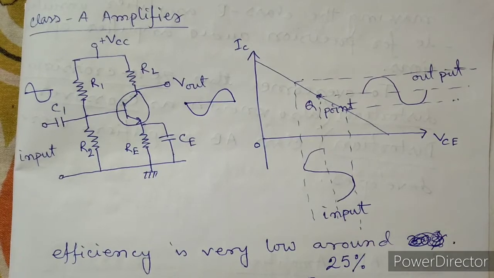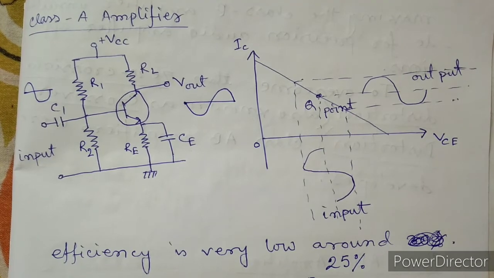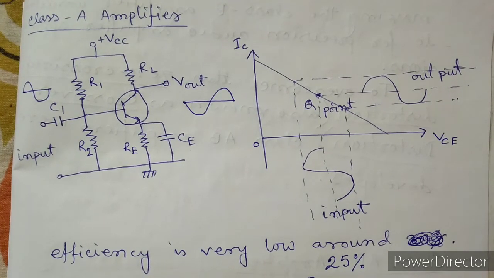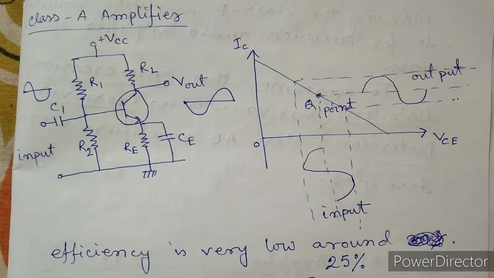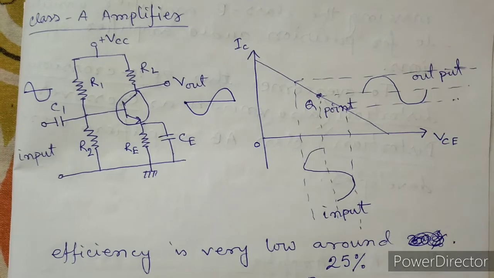We are discussing the power amplifier. Now, based on mode of operation, power amplifiers are classified into class A amplifier, class B amplifier, class AB amplifier, class C amplifier. Except that, there are also other classes of amplifiers, like class D amplifier, class F amplifier, class T amplifier, class S amplifier, etc.